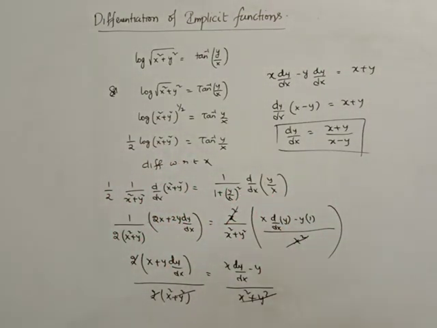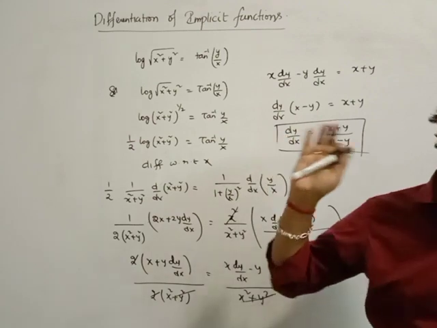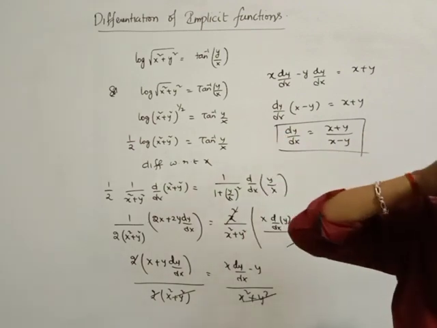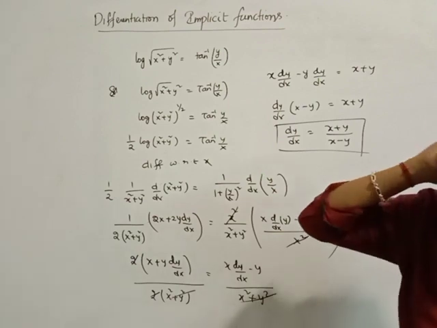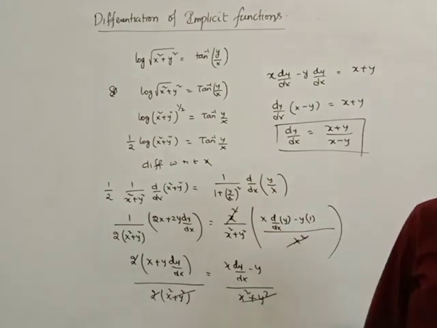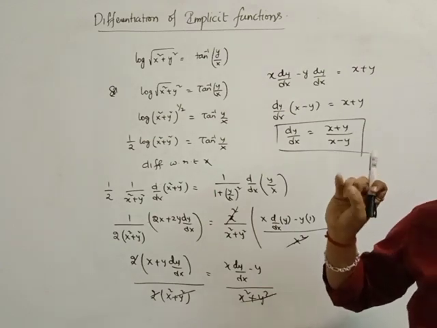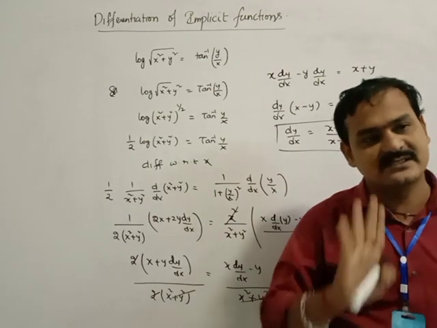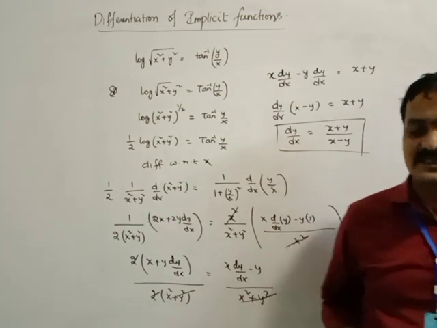Okay. The remaining problems we can do in the next class. Before that, you can simplify the exercise. What is the exercise number? Exercise G. Just go to the G exercise, problems 1 to 8. There are a total of 11 problems. You just simplify 1 to 8 problems. The 9th, 10th and 11th problems we will be discussing in the next class.